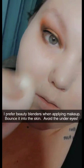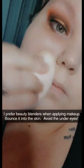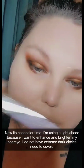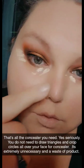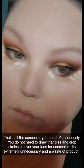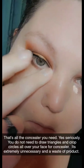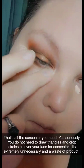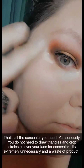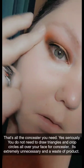Avoid the under eyes. I say this a couple of times throughout the video. Avoid your under eyes. It's just for your concealer right here. The skin under your eyes is extremely thin. Think of it like a really sheer curtain. So you are packing on this foundation underneath it, then you're putting concealer, like I said, drawing crop circles underneath there,